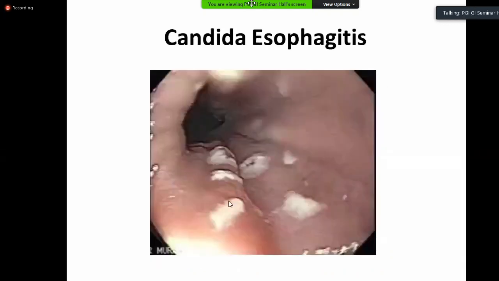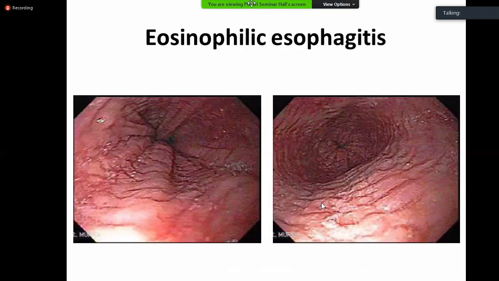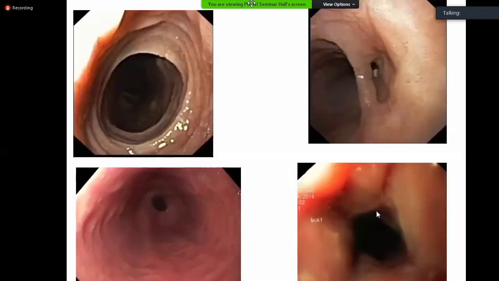Candida is very evident, cheesy white material which may be patchy or more diffuse. Eosinophilic esophagitis, we often talk about it, we do not see it much in India, but this is the feline esophagus. You see these corrugated appearances, or it may be associated with strictures. So this, you should know, food bolus getting stuck in an esophagus like this, the first possibility will be eosinophilic